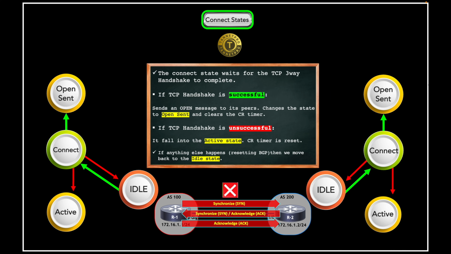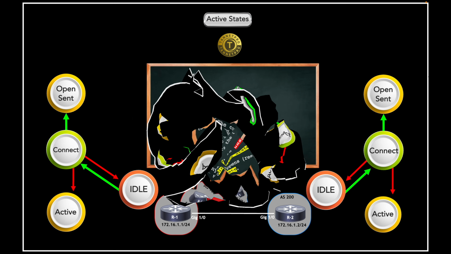So we understand, if everything is successful, the three-way handshake, it moves to OpenSent. If the three-way handshake is not successful, then it falls down to active state. And if anything else happens, meaning if you reset your BGP configuration or unplug the cable, then it will fall down to idle state, to start from the beginning, to start from scratch, right? All right. So we hope you understand the connect state, each and every part, right? Now let's wrap up the connect state and move to active state,